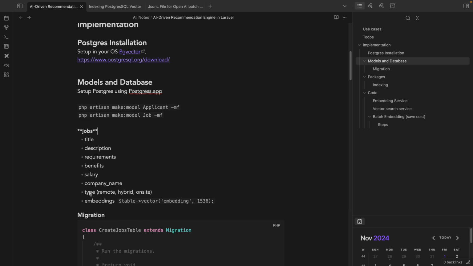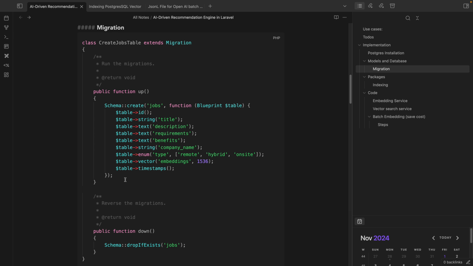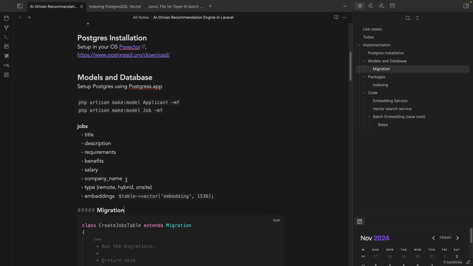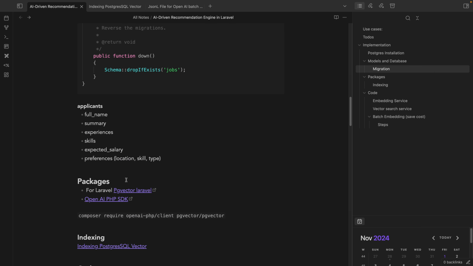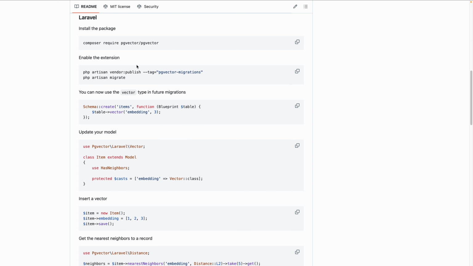these two models with these steps. You can create these migrations. I'm adding those. And one thing, before doing that, you will need these packages. So pgvector for Laravel. So it just makes it easy to use that pgvector extension in Laravel. Like if you need this column, this makes this vector available, and this also gives us this